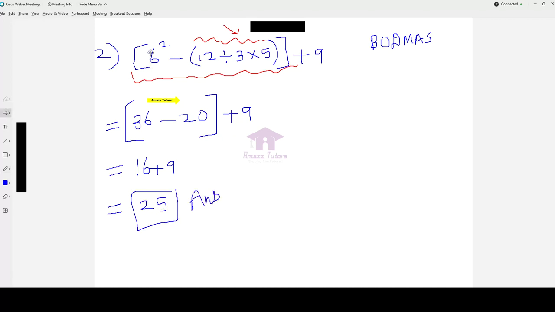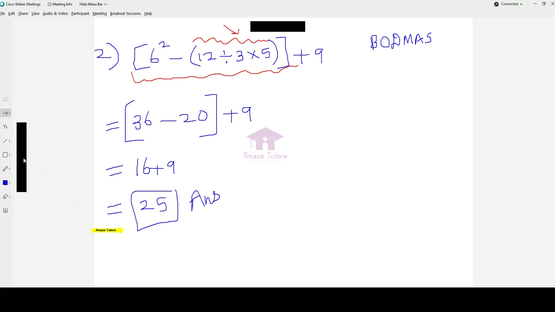So I hope you understand this particular question step by step, each and every step. We did exponents first, 6 squared, which is 36, minus, we have to finish this bracket next. Inside the bracket, we do have two operations, division and multiplication, so we followed from left to right. Left side, division, 12 divided by 3 is 4, and then go for multiplication. 4 fives are 20. This step you can even write without the bracket, doesn't matter. 36 minus 20 is 16. Finally, the final step is adding 9 with 16, which gives us 25.